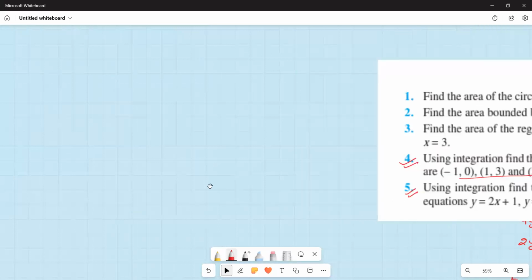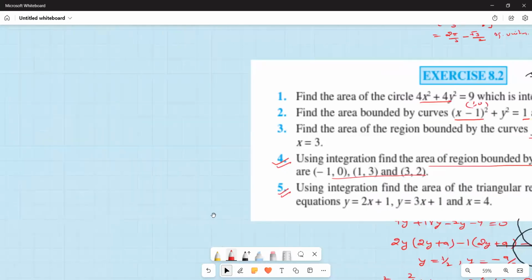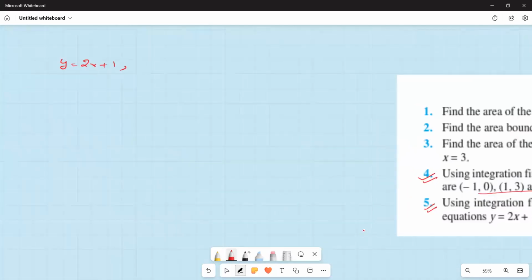So equations are y is equal to 2x plus 1. Second equation is y is equal to 3x plus 1. And x is equal to 4. These are the questions. So if I just take the coordinate system,